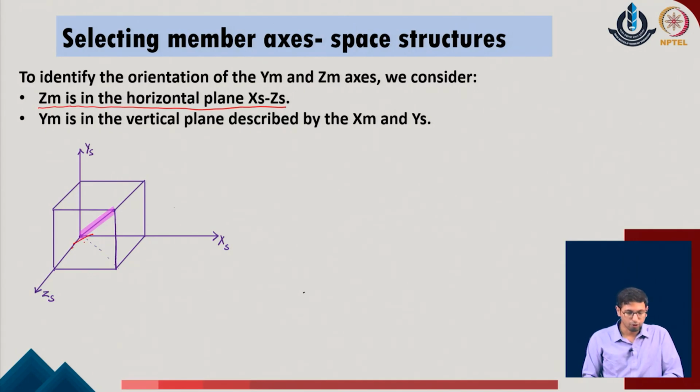So, at any given point I can consider that this is the plane which is the xs and the zs plane of the given system. Now, as we consider the member has been defined somewhere like this. So, the member axis x is well defined. I can define the x of m as the axis which is along the length of the member, and corresponding